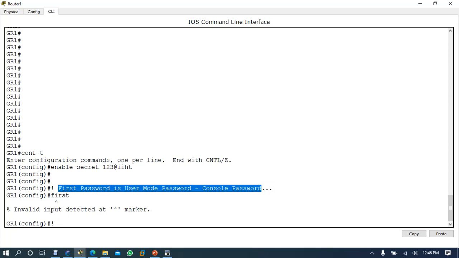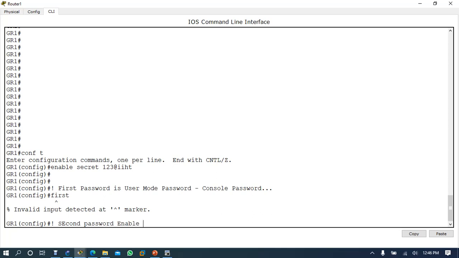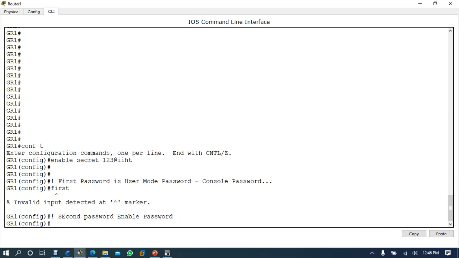Second password we have used enable password. Okay, but these both passwords have a problem, right?